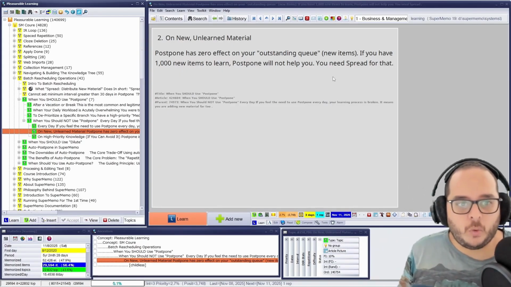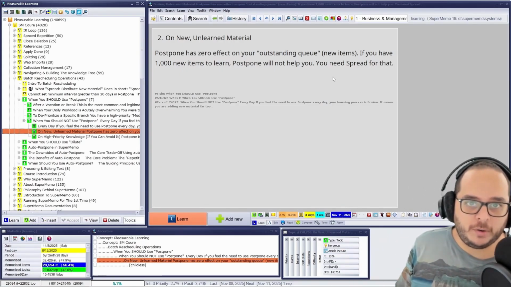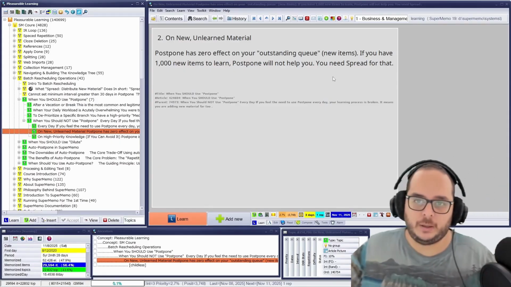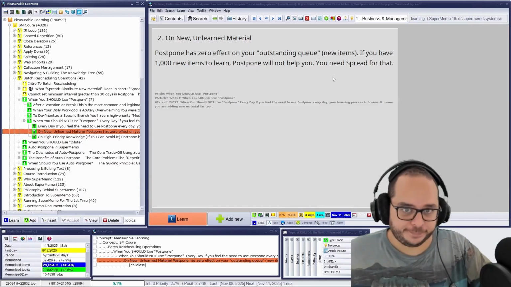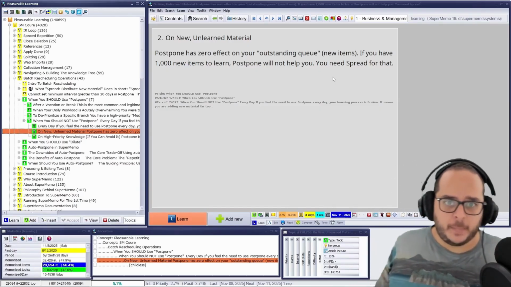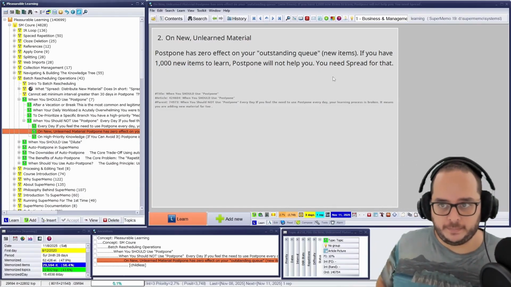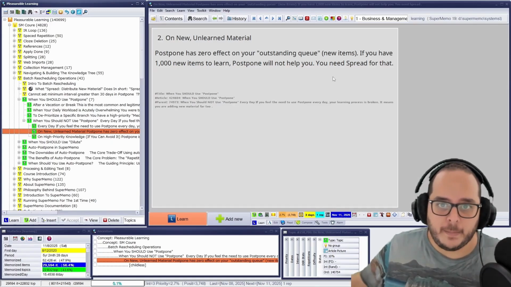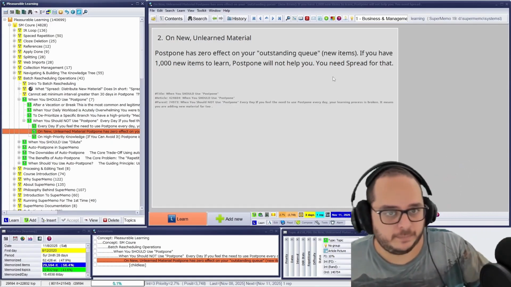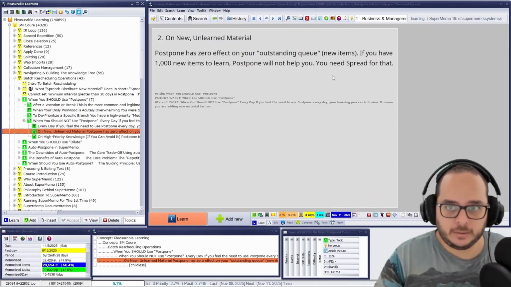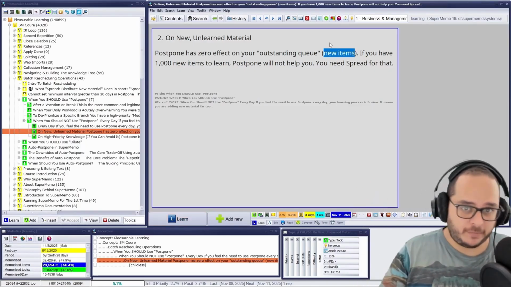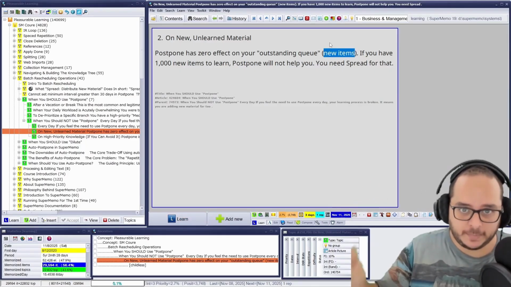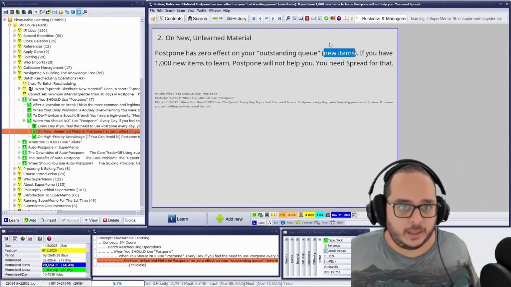Then, when not to apply postpone on new or unlearned material? That would be pending. Why? Postpone has zero effect on your outstanding queue. Keep in mind, they don't have an interval. They are not new items. As you remember from the video we have seen, there are no new items in SuperMemo. They are in the outstanding already.